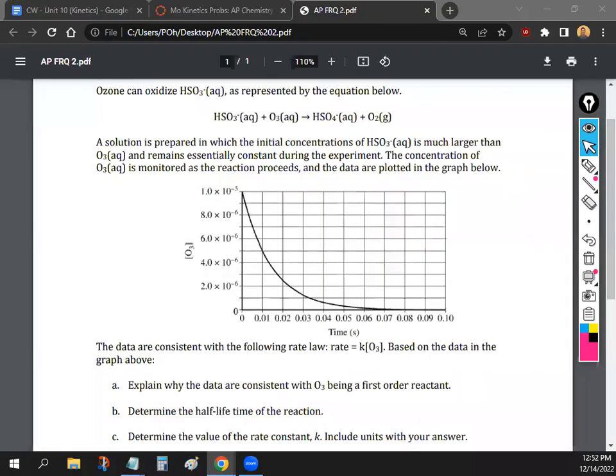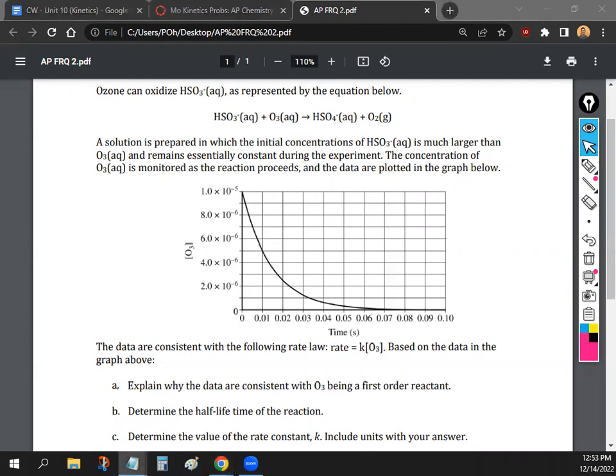Okay, guys, let's go over this problem. So a lot of information at the top. Hopefully you got to read that information. But let's go over this. Okay, so we got our reaction. Ozone oxidizes HSO3 minus. We got the reaction right there. But yeah, let's go to part A. The data above expresses the rate law, and this is the rate law right there. Okay, so based on the data above, explain why the data is consistent with O3 being a first